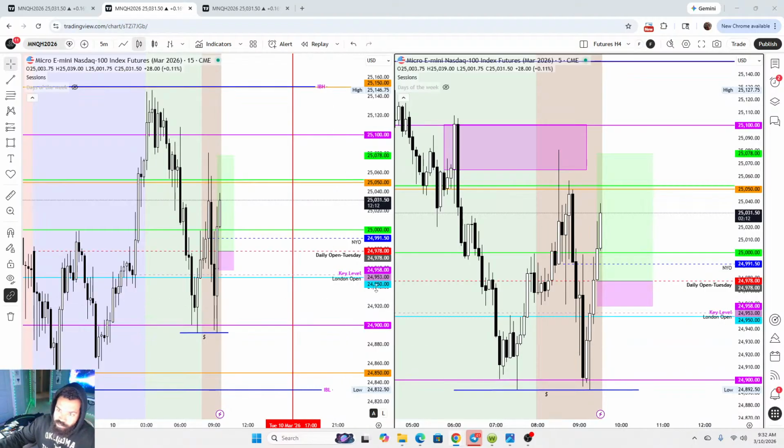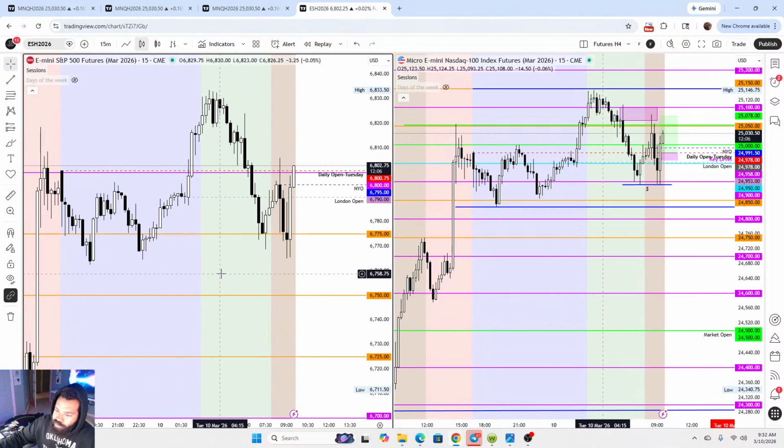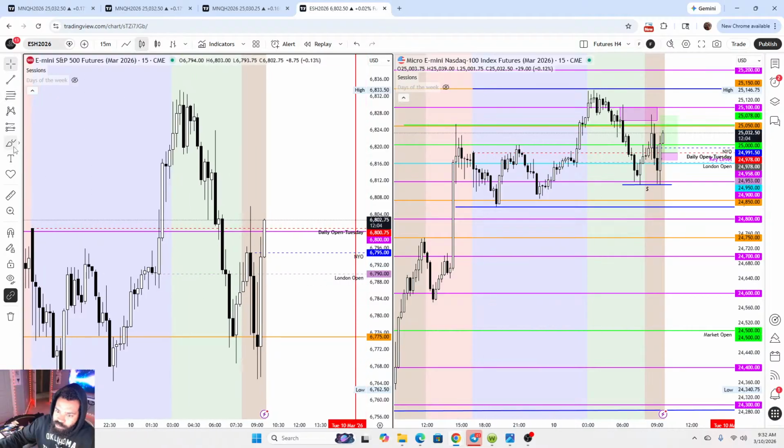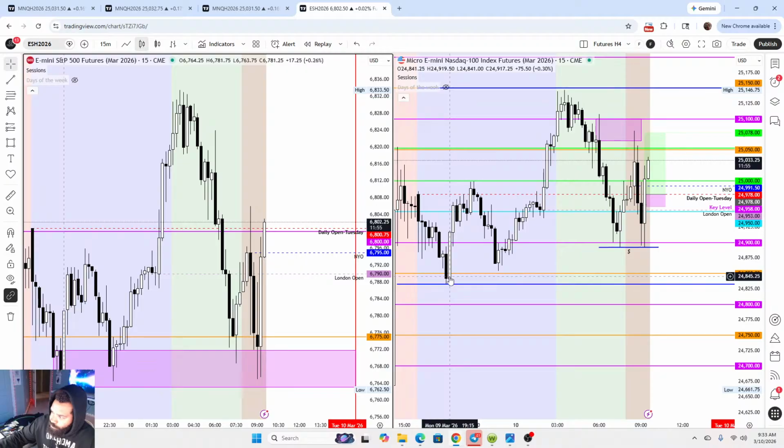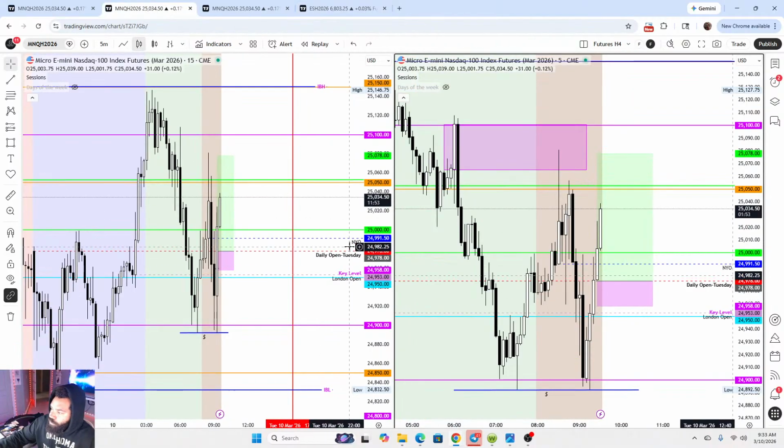ES is looking really good still, so I want to bring that over here really quick. All right, ES holding those same levels that we talked about. It's failed to ever break below these areas and just hold up, right? And then same thing with NQ, so that's what we're focused on here.